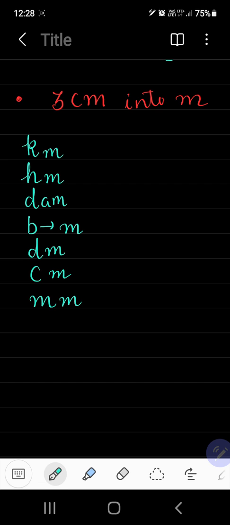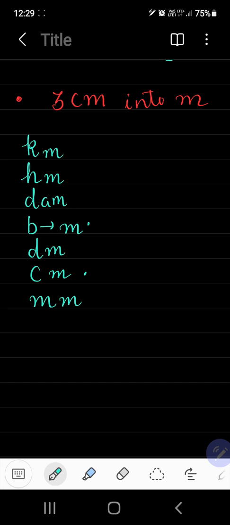So now in this we have to convert centimeter into meter. That means we have to convert smaller unit into bigger unit. So when we are converting a smaller unit into bigger unit, we divide. हम डिवाइड तो करेंगे पर किस से डिवाइड करेंगे? सो हमने क्या करना है, वी विल काउंट द नंबर ऑफ स्टेप्स. एवरी स्टेप इज़ 10 टाइम्स द अदर स्टेप.